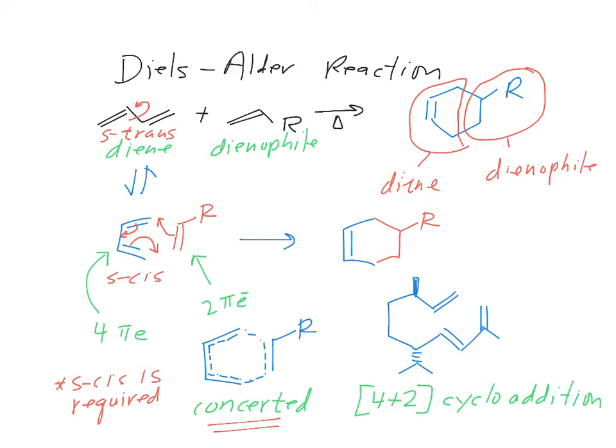And then let's just say I had something like an alcohol over here. So I built up this molecule that had an alkene, the dienophile, and the diene all built into one molecule. And when I had all these in the same molecule, you just had to put it into a solvent and heat it up to about 160 degrees. And when I did that, this reaction could cyclize like this, and it formed,